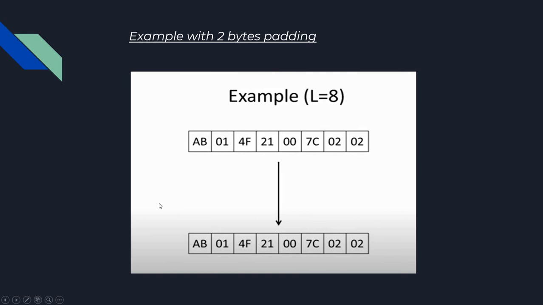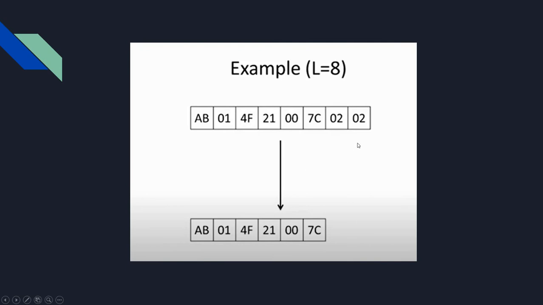So this is just an example of the previous encoding and decoding scheme. Here the message is of length 6 bytes, but we consider the ciphertext block length to be 8 bytes. So 2 bytes are appended at the end, which is a byte holding the value 2, appended 2 times, and it is sent to the receiver. Now the receiver will see the last 2 bytes of the message and their value, consider this a valid encoding, and the rest of the message will be treated as the actual plaintext.